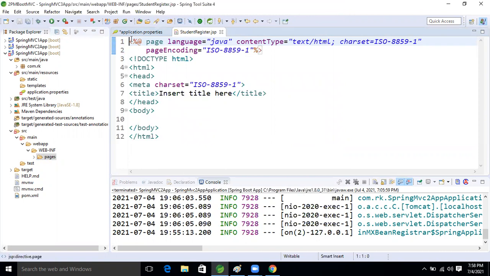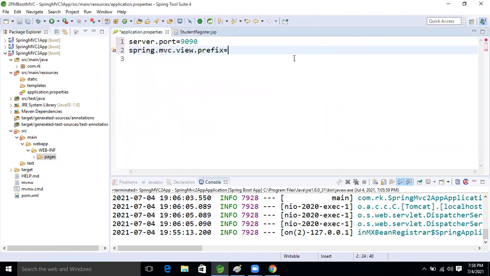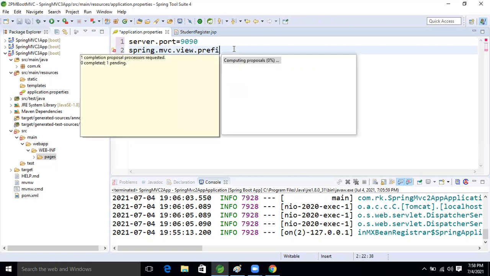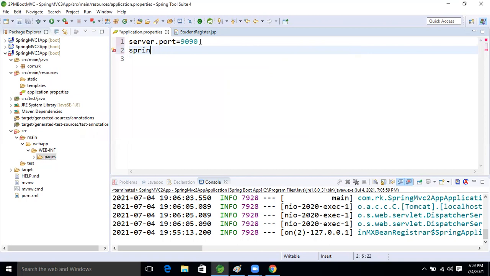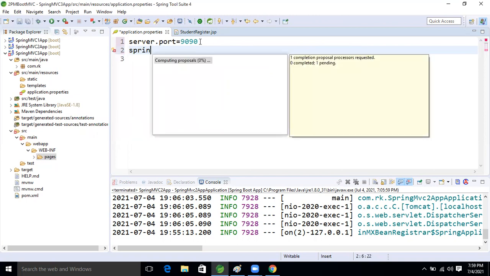Come here, okay? So here, what is that prefix now? It's not giving the suggestion, right? Spring dot mvc dot view dot prefix.